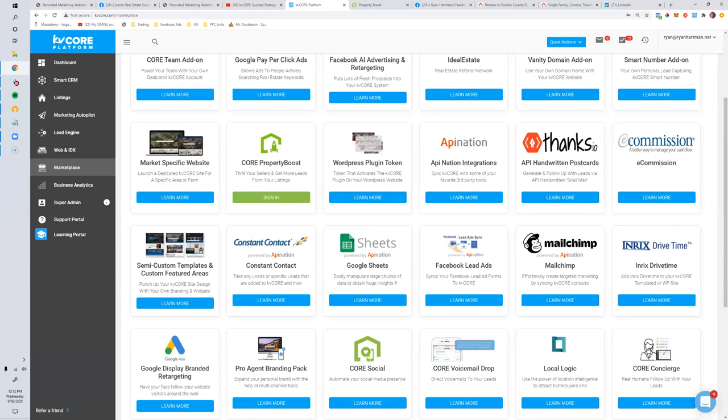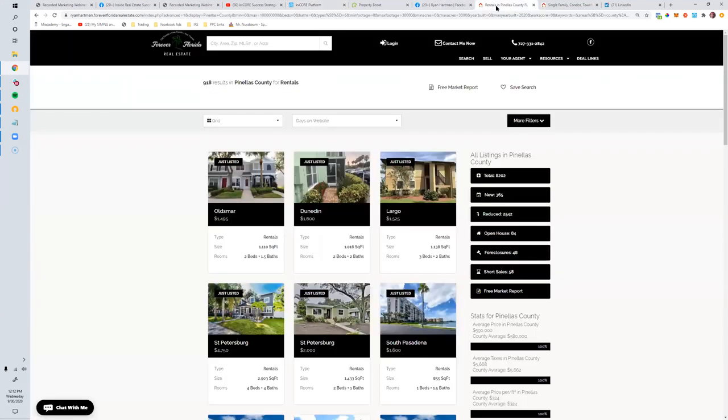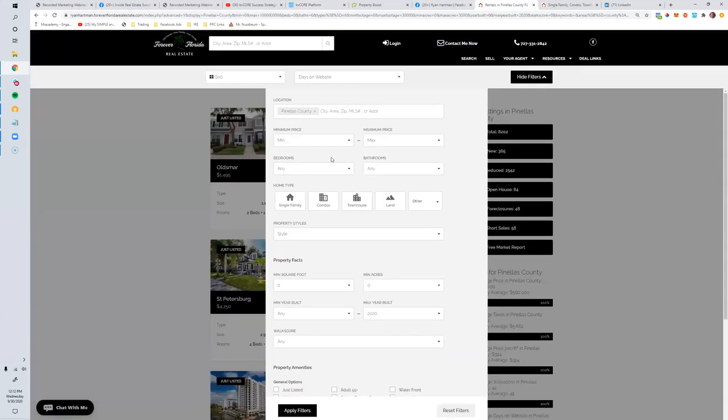Question from Andy is, can you do a multiple county search? I thought so, but maybe I don't know. I don't remember ever trying that, honestly. Let's just try it. So if I just do some of the neighboring counties here. That's interesting because you can do multiple cities, right? But look, if I try to do county, it doesn't like me. Let me try doing multiple cities.